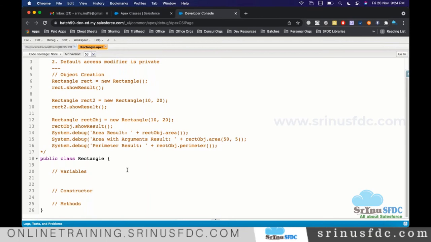Without an engine, a car won't move, right? Like that, without length and breadth, we cannot execute the area or perimeter, whatever actions we need. So for that, we are defining the variables. When you say variable, which type should it be? Each element will be a different type, right? Engine is different, maybe car seats are different. Different things we use.